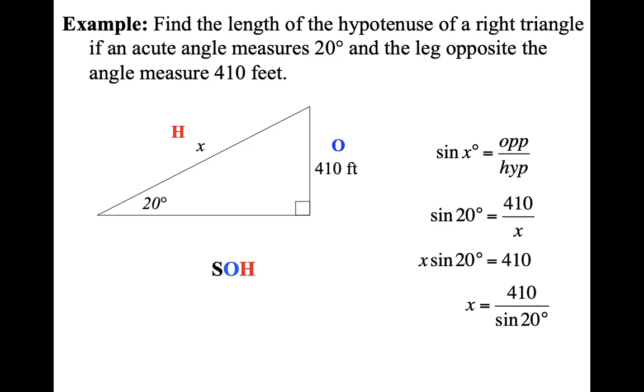How do I input that into a calculator? Like I said, there's a video to help you with that once you're done with this video. But for me, with a calculator that I have in class, I would do 410 divided by, I would hit the sine button, I would insert the 20 degrees, close the parentheses, and press enter, and we get about 1,198.8 feet for the hypotenuse. Okay, like I said, after you're done with this video, you're going to want to look at how to input that into the different types of calculators, including an iPhone.